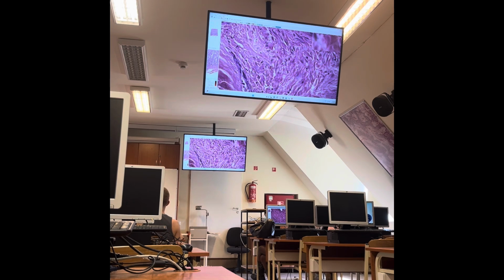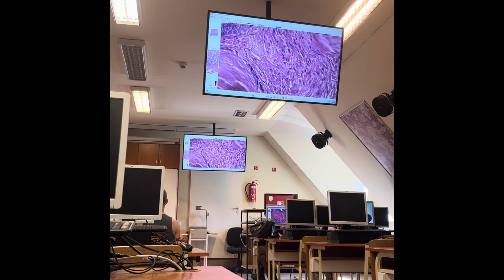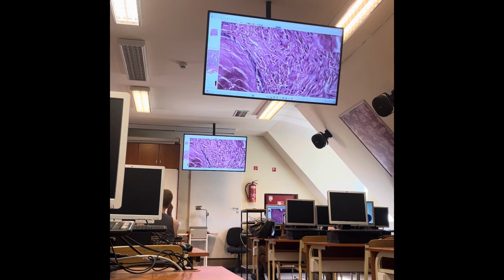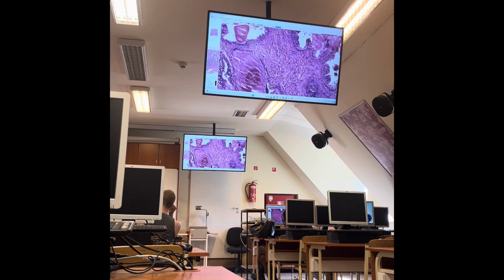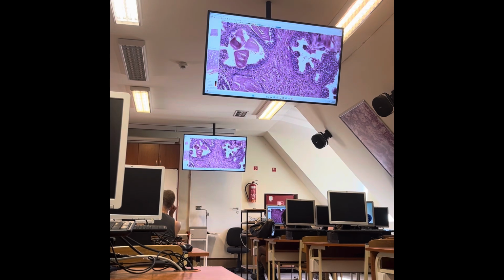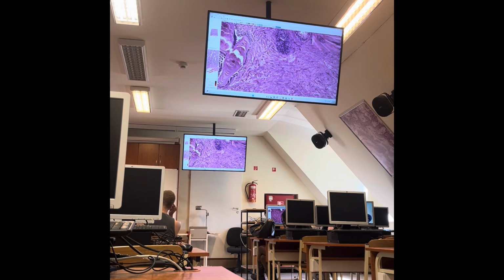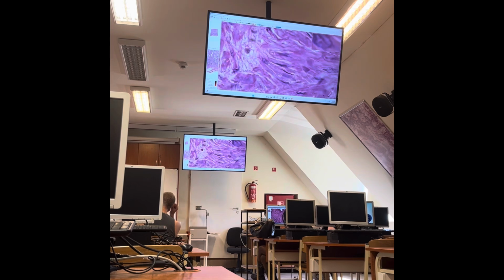So you can see the collagen fibers here as part of the connective tissue components, and you can see cells with very dense staining and flat cell nuclei. What do you think? What kind of cells are these? Fibrocytes. Yes, so this is one typical cell, and if I come to this region, then you can see cells with elongated